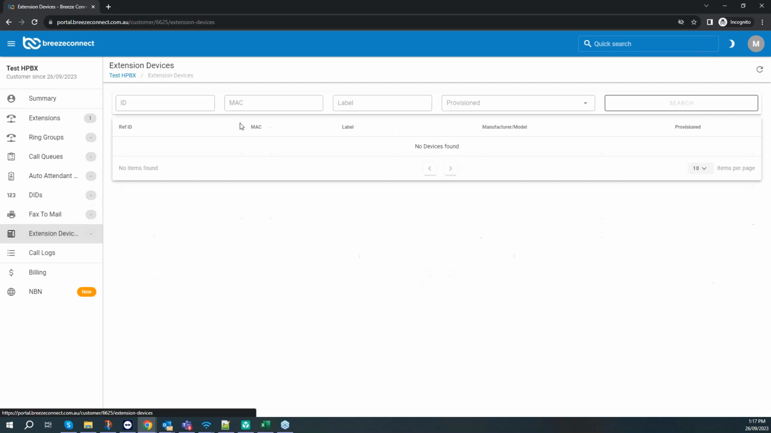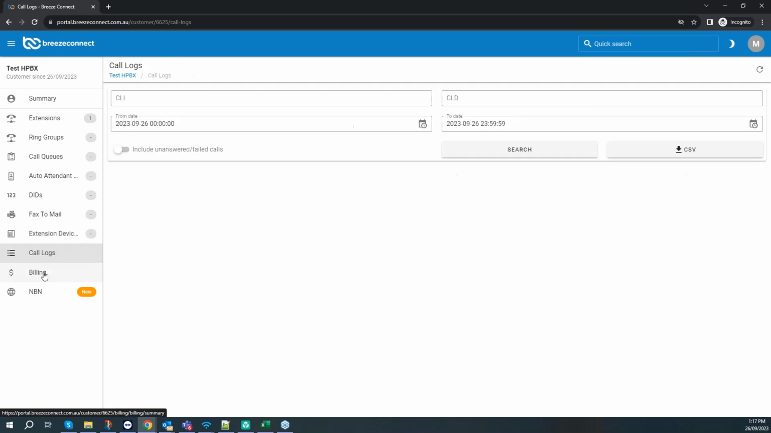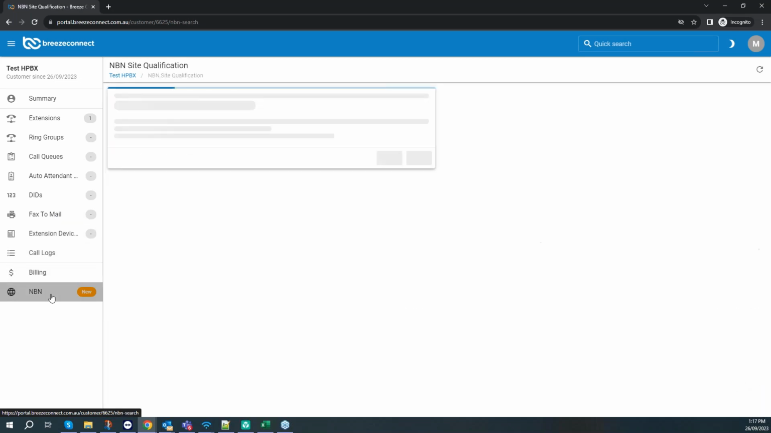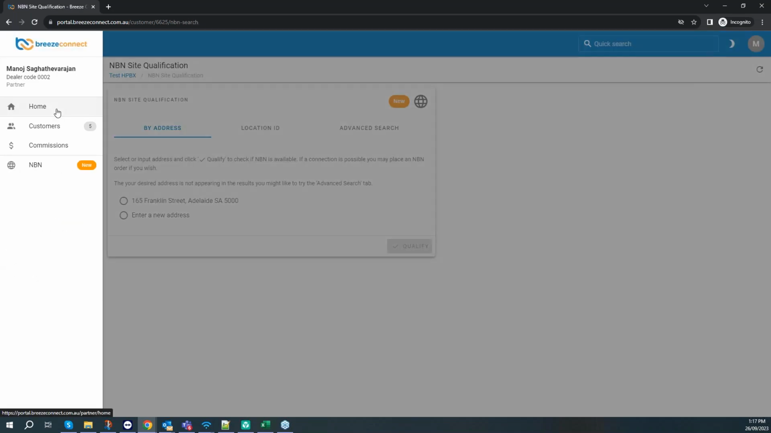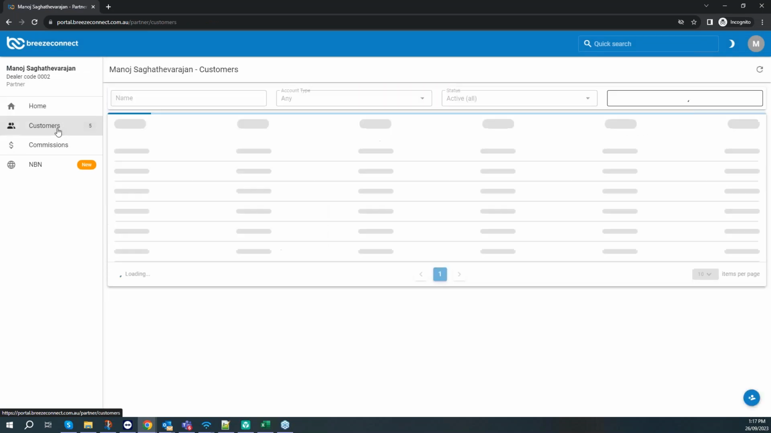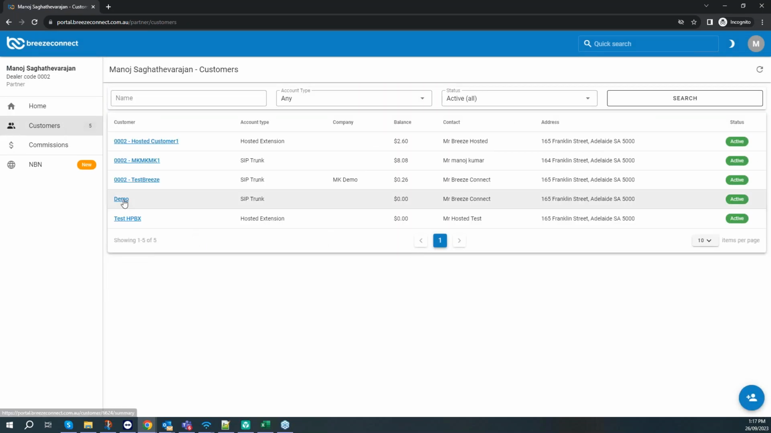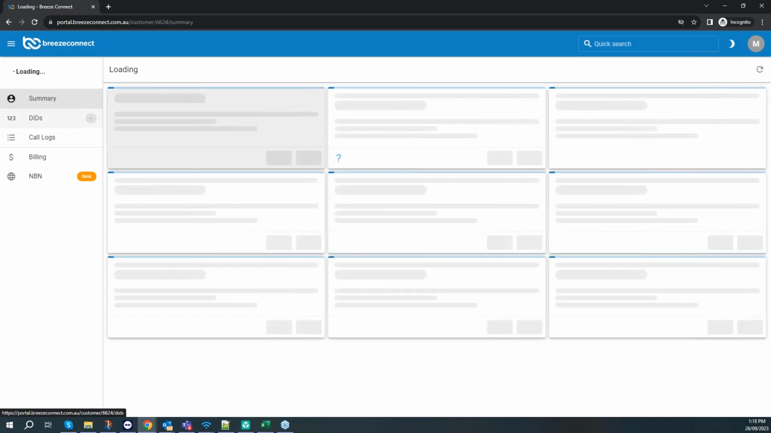And so extension, you should be able to see all the list of devices that are provisioned in here. And call logs is the same, billings are the same, and the NBN is the same. And so let me go to the previous SIP trunk customer and show you how to set up the fax